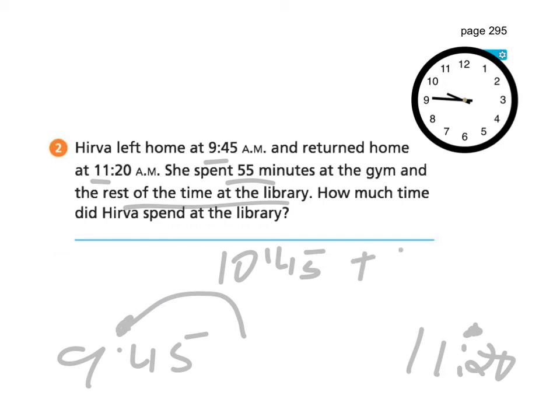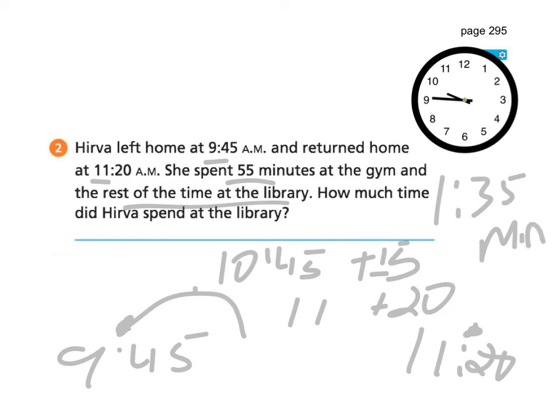So what I do know is if I add plus 15, it'd be 11 o'clock. And then plus 20 would be 11:20. So I have 1 full hour, plus 20 plus 15. So 1 hour and 20 minutes, 1 hour and 30 minutes, 1 hour and 35 minutes. Now I have to think of what is the difference. So if I were to take 55 of those minutes and give them to the gym,